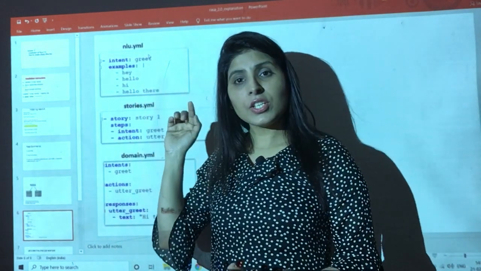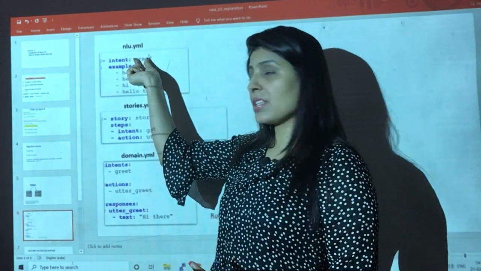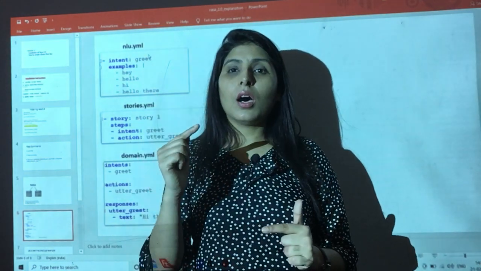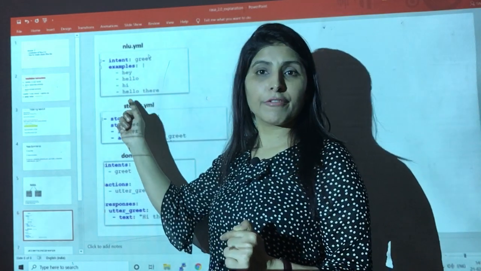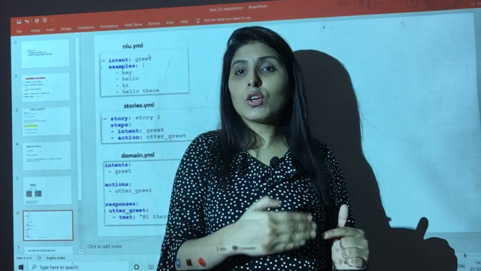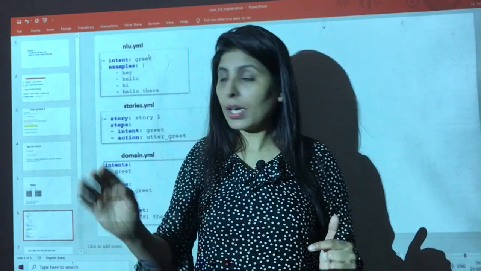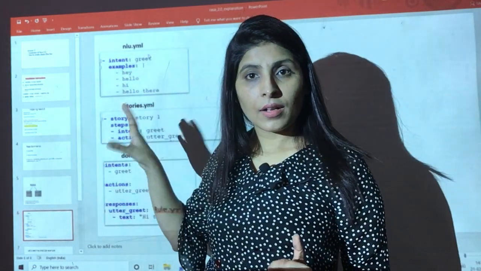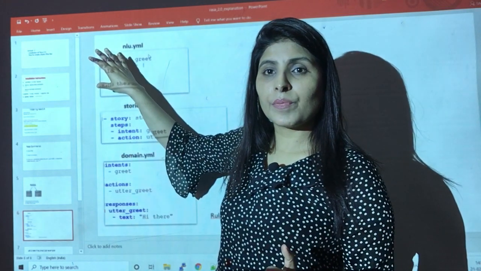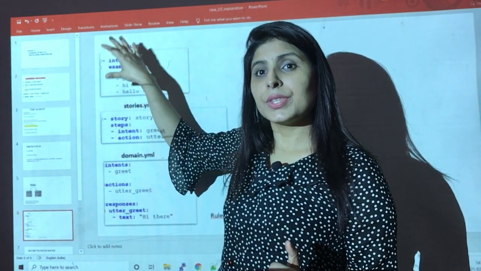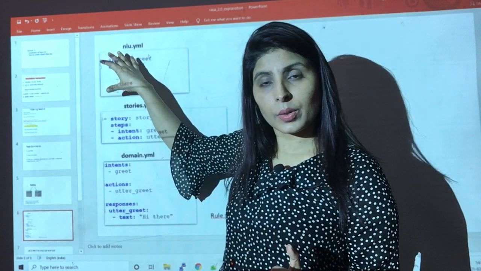So now our chatbot will understand, okay, this is the intent, meaning when somebody greets, these are the possible different examples which a particular person can use to greet, okay? So this is the intent. Now we have trained our Rasa NLU to understand this particular intent, okay?